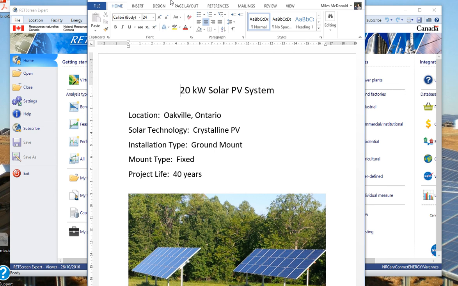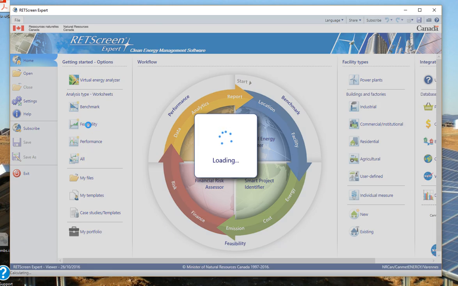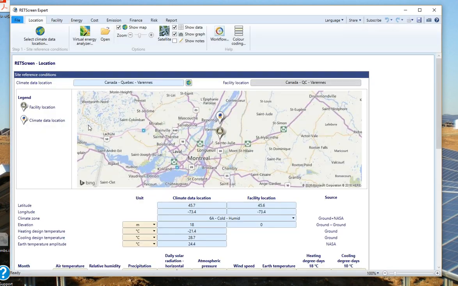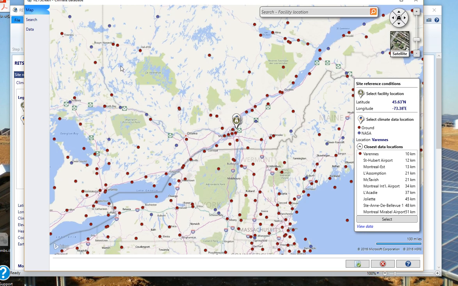So, let's click on feasibility again. And the first thing we have to do is select our climate data location. So we click on that, and this is what comes up. It identifies all the climate data locations